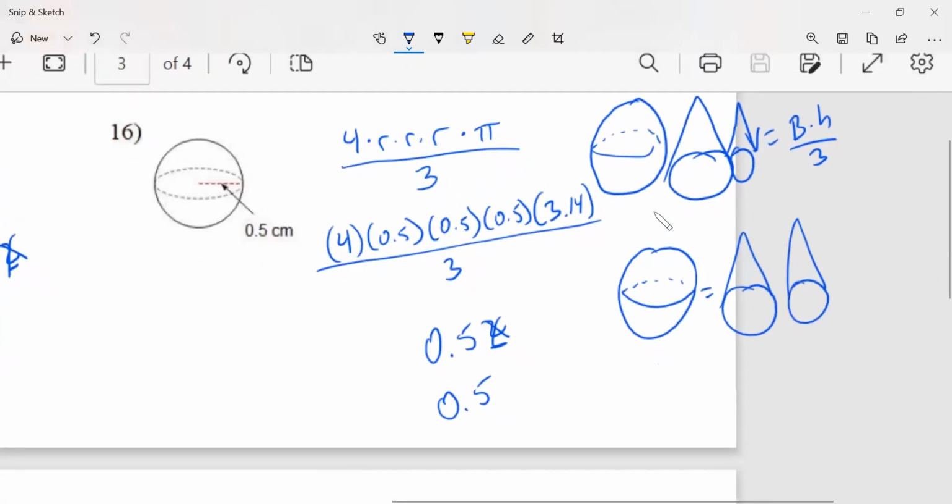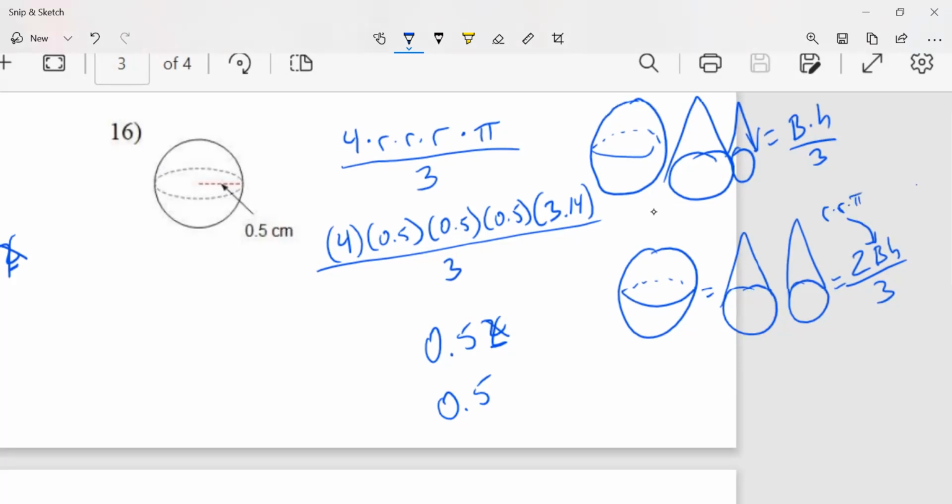Now I know 1 cone is base times height divided by 3. So 1 sphere is going to be 2 times base times height divided by 3, because I have 2 cones. Now the base is a circle. So when I'm looking at the base, it's going to be radius squared times pi. Now the interesting part is that the height, because 1 cone has the same height of the sphere, I'm going to say the height is going to be 2 times the radius, because the whole height of my cone will be my whole